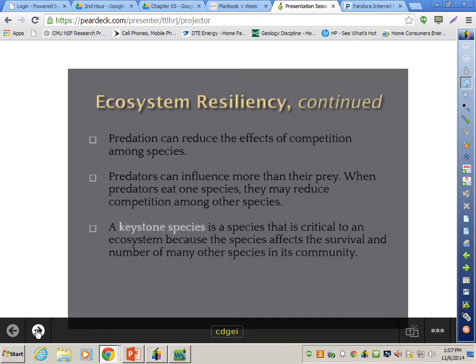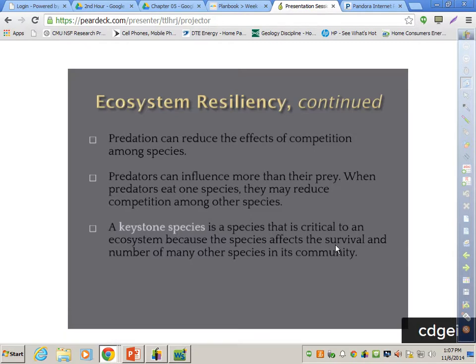So predation can reduce the effects of competition among species, and predators can influence more than their prey. And when predators eat one species, they may reduce competition among other species. So it's a good thing. You go, oh, it's bad that coyotes eat rabbits, and you go, yeah, it's probably not fun to watch, but it really does help the rabbit